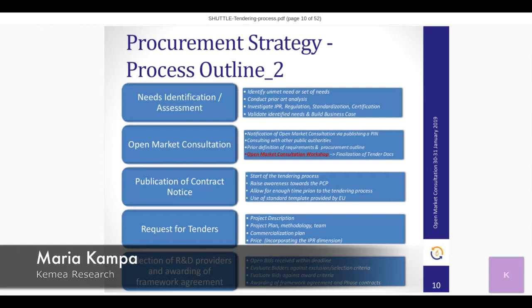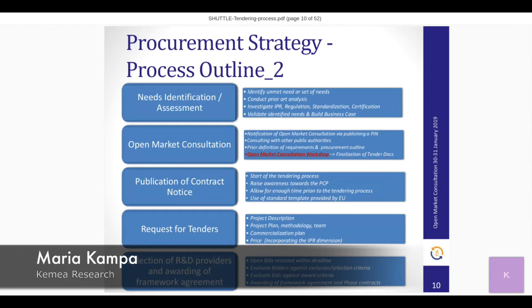The next step is the publication of the contract notice. This marks the start of the tendering process. It raises awareness towards the PCP. It will allow enough time prior to the tendering process, and the standard template provided by the European Commission will be used. The fourth step is the request for tenders,